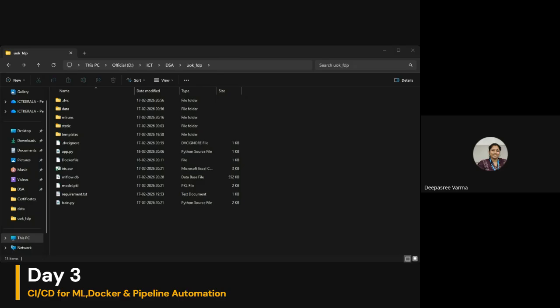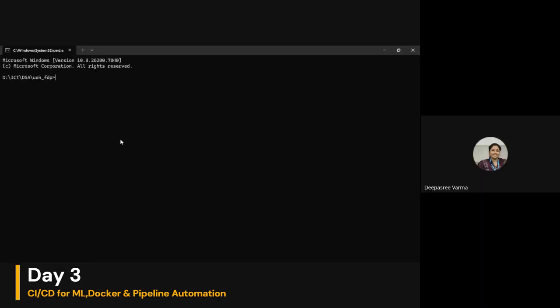Okay. Now I am going back to my command prompt. Inside this command prompt, I'll build the Docker file first.